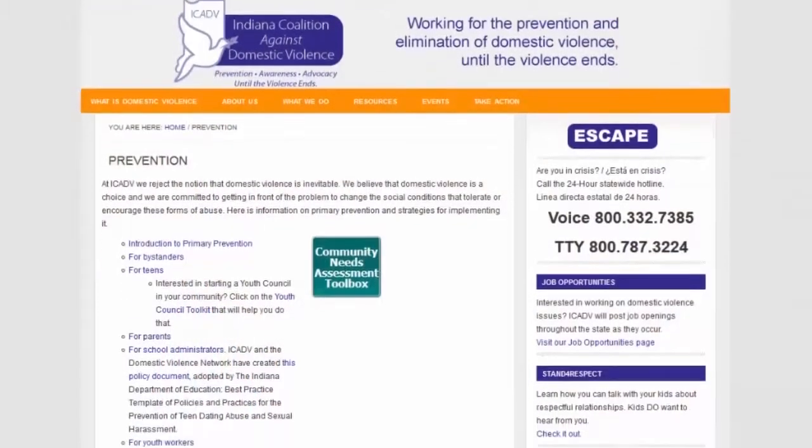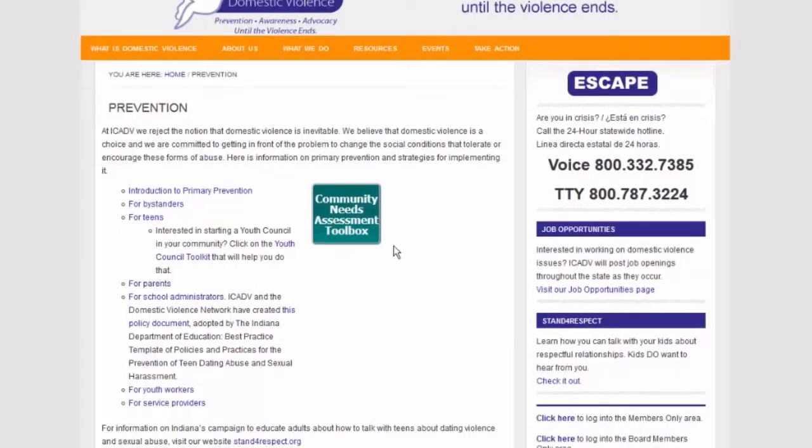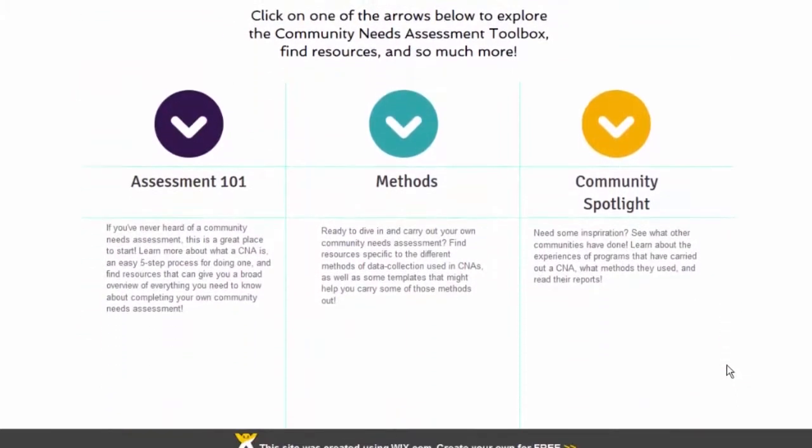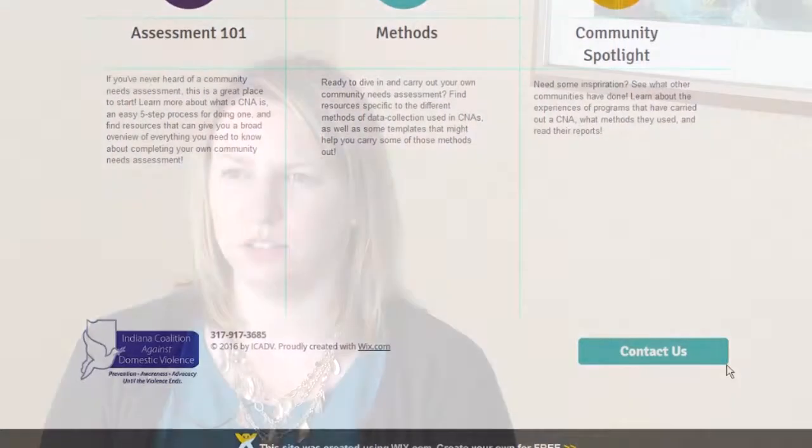So I think that this tool, the Community Needs Assessment Toolbox, is something that programs can use to complete that formative evaluation and to assess where they are in order to determine what programs or policies they might want to implement in the future. A couple years ago, I was funding 8 programs, and they were sort of across the